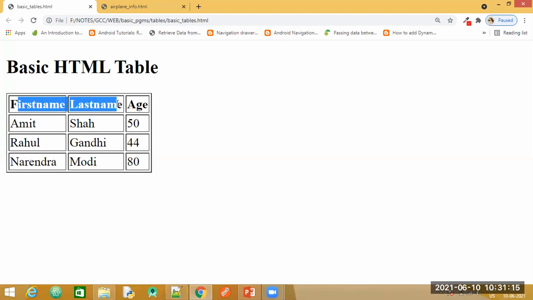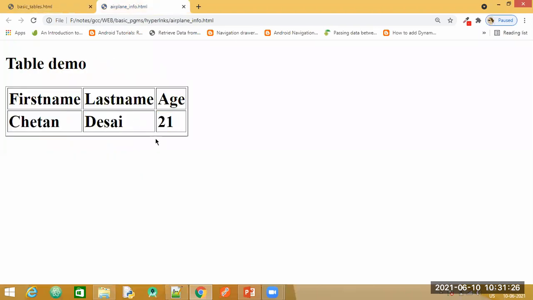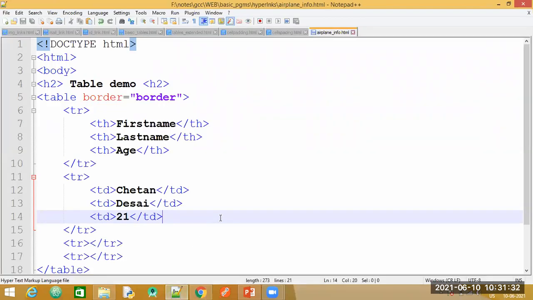See, when I told you we have table headings, it is displayed in bold here. You can see the data here, comparatively to the headings, is not bold. It is just being displayed as normal. But when we try to do it here, both of them are getting displayed in bold. So we must have missed out a tag. Yes, Chetan, you were telling me something?